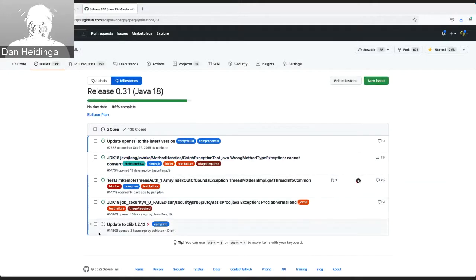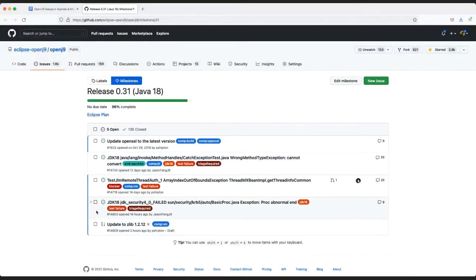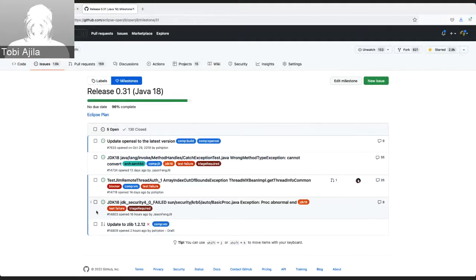Sorry, and then you were speaking, I think, to the zlib issue? No, the JDK 18 security. Yeah, so this one is a new issue. It's actually been failing since February, but we had another issue tracker in the same kind of test suite, which is why it was kind of hidden from us. I think there was an assumption that this issue and the previous one that we were looking at were the same, but they're not. So this one we're investigating to see what the problem is.